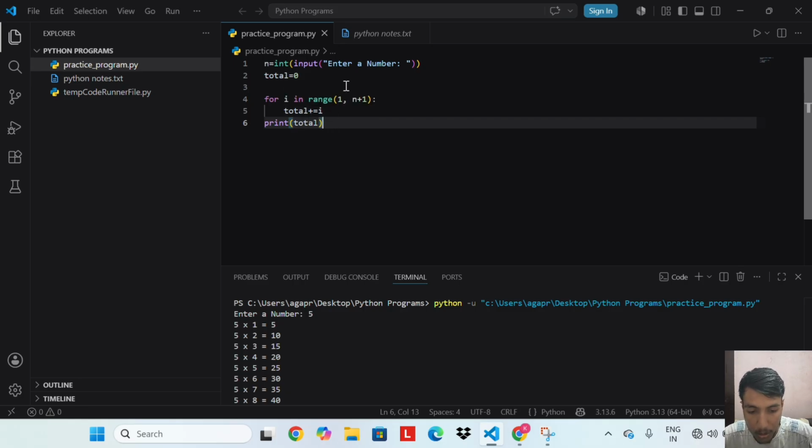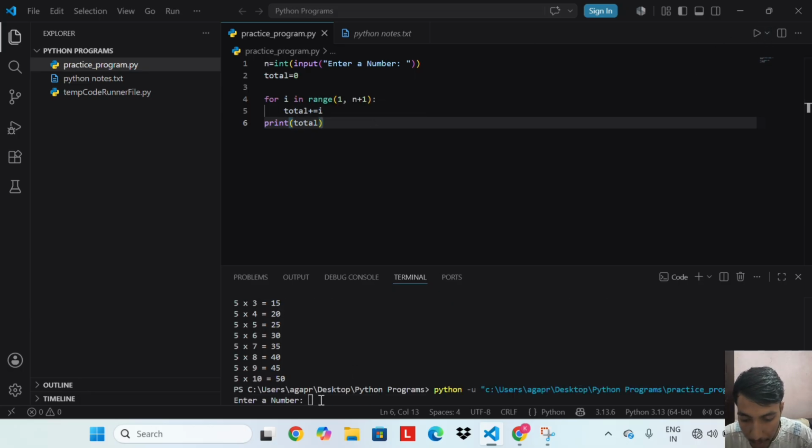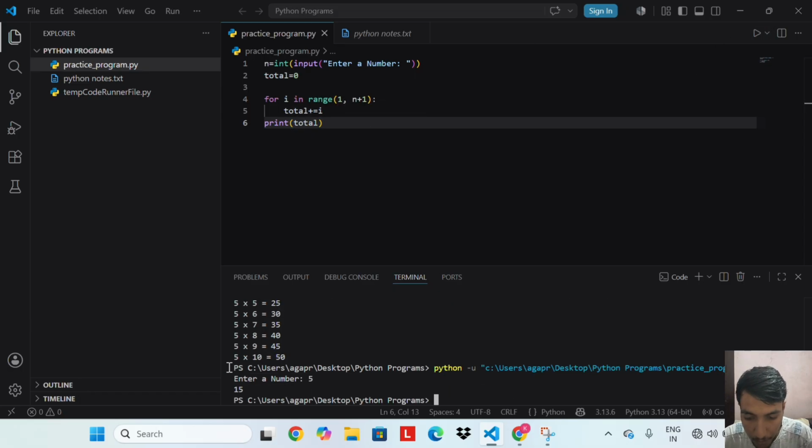Round 2 adds 2, and round 3 adds 3 to the total, and total is 6, like this. If I write 5, I get 15 as the output. Notice range(1, n + 1), because range stops before the second value. So to include n itself, we add 1.